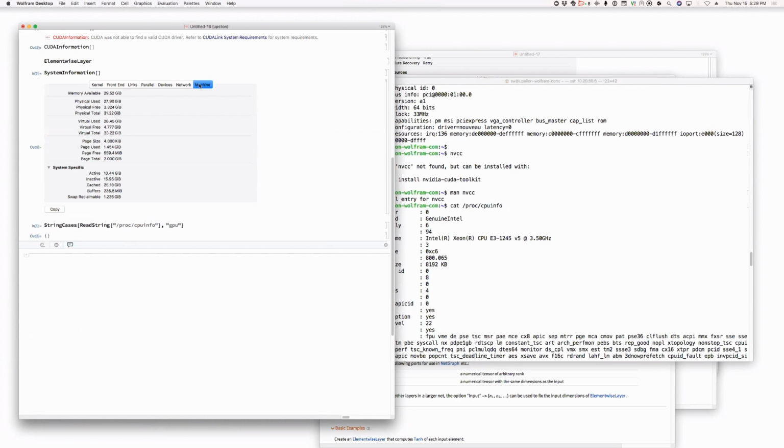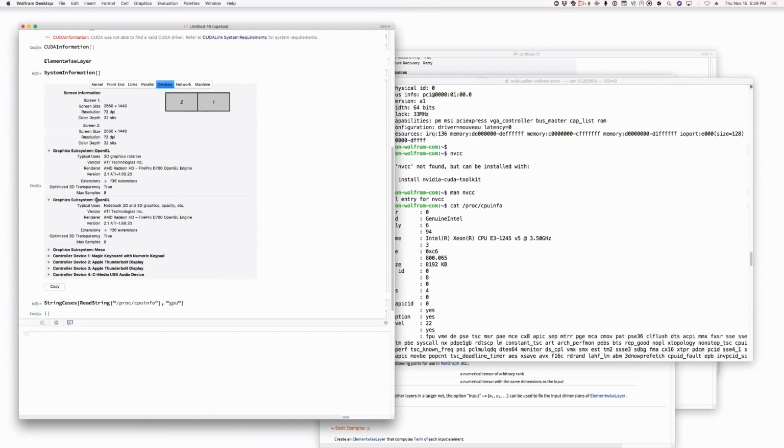Okay, that branches into a separate issue, which we should address with the core software engineering folk about what system information is doing with remote kernels, which looks kind of nutso to me here. Like, which machine is this talking about? Do we know? No, but what I was going to suggest there, as far as the GPU stuff, is whatever calls they're making in the front end to get that information for OpenGL could likely be run on whatever. Assuming you're connecting to a remote kernel, it could potentially be run. But what are those calls? I don't know the answer to that question. I see. So you're pointing out that whatever this device thing is here,